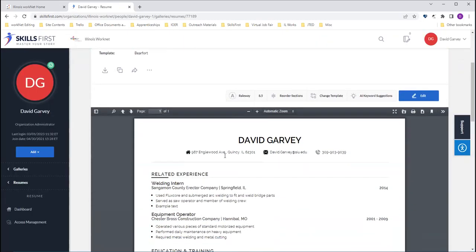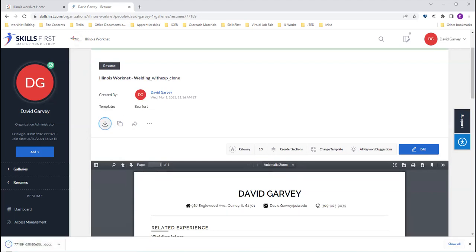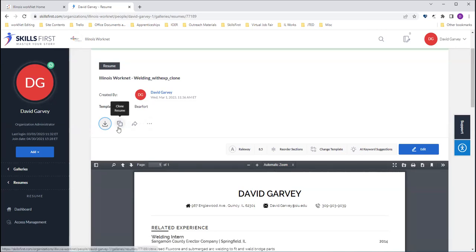And so that's how you can switch the resume template. Additionally, at the top here, we have a few icons, just above the resume section. If we needed to download it as a Word doc, we can do so here. If we wanted to, right next to this is clone or create a copy of this resume,